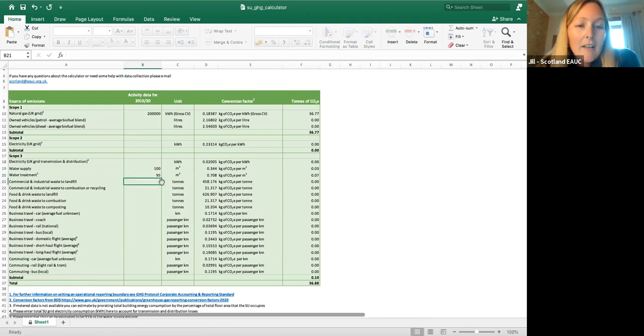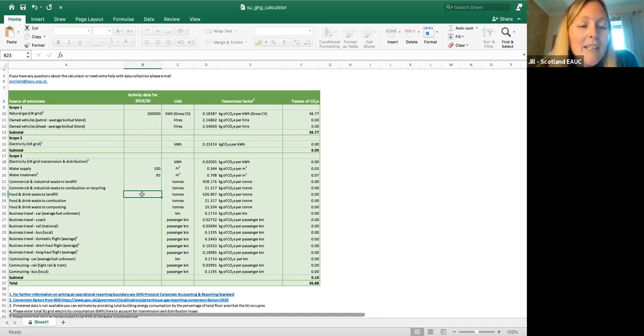For waste, we've got a landfill option. We've got the incineration and the recycling is actually the same factor, because basically incineration is treated like recycling in that you only look at the transportation to the point of it becoming a material for a new supply chain. So I've just kept them as the same thing. I don't know if that's confusing or not. But yeah, happy to have some feedback on that.